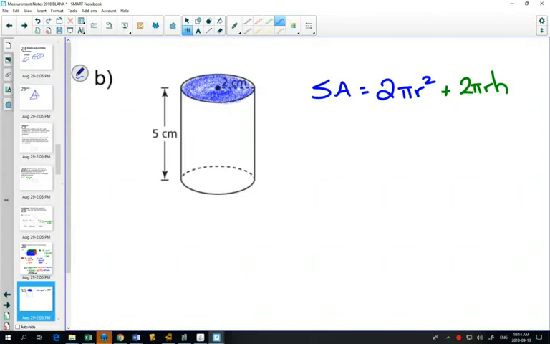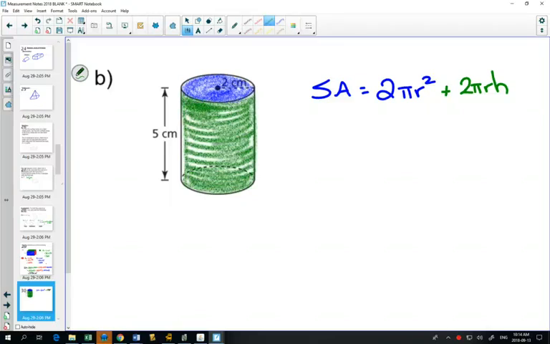There's the circle at the top. There's also a circle at the bottom. And then the rectangle, which would be like the label,